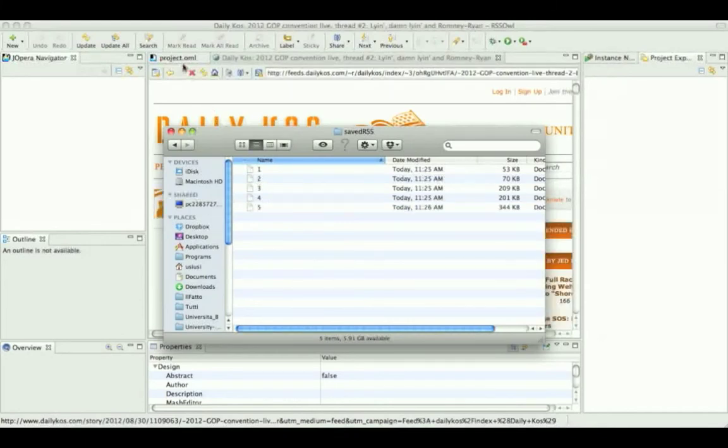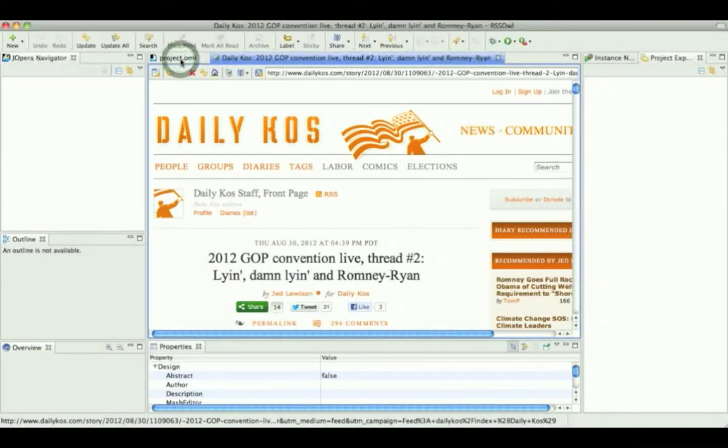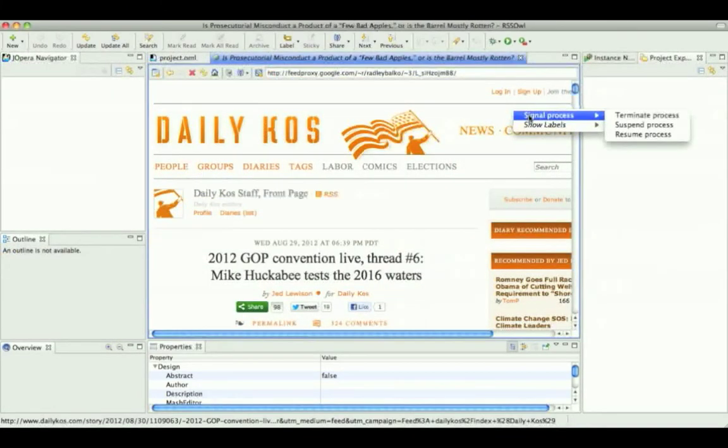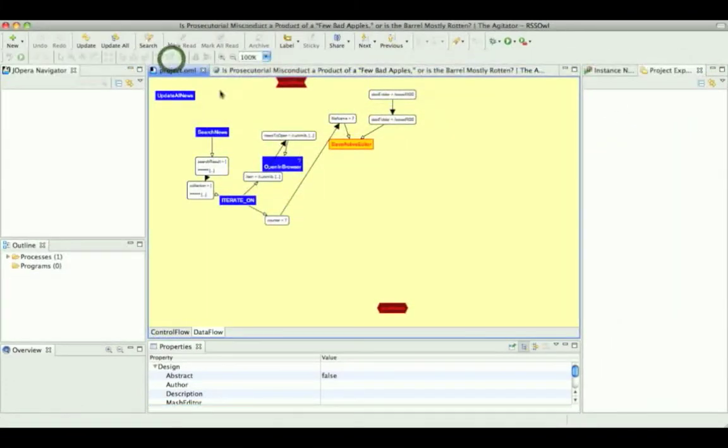And so the tool is performing all these operations in the background, and the user can still proceed with his work or open other processes. We can also terminate the process. All the workflow management is provided by JOpera, which is an Eclipse plugin that provides a workflow editor and engine.